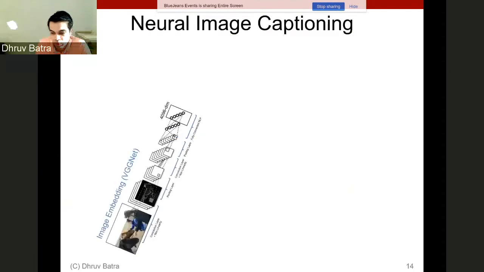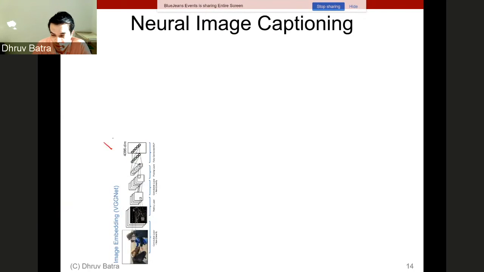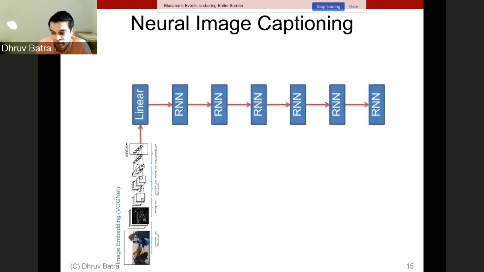And then what we're going to do is use that representation V, pass it through a linear layer, and feed that as the starting representation for an RNN. There are a few different variants of these architectures. You can either pass V through a linear layer, and then this just becomes H0 that starts the RNN, or it's also common to